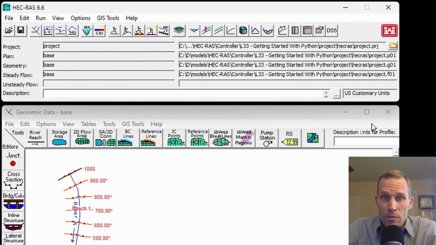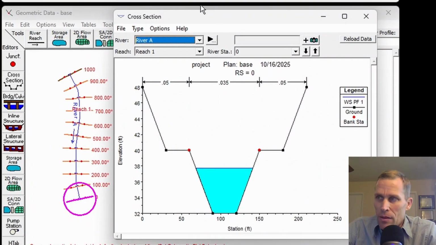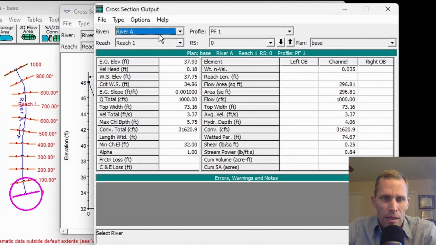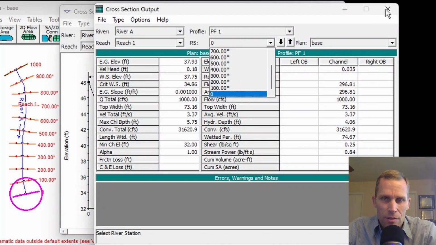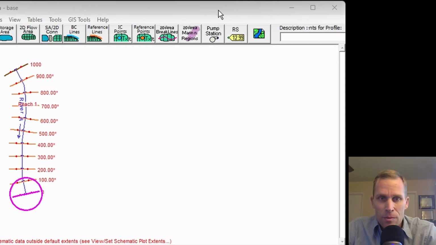We're also going to compute the current plan and then print out that water surface elevation at river station 0 to the console. And then I'm also going to open up the cross-section plot and data table at river station 0. So by cross-section plot, that's what I'm talking about right here. And then the cross-section data table is right here. So River A, Reach 1, and River Station 0. All those tasks can be completed by running a script, either in VBA or Python, but this video is about